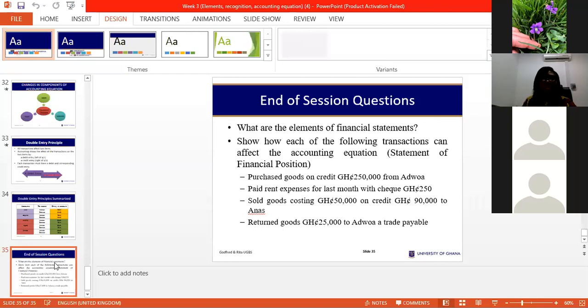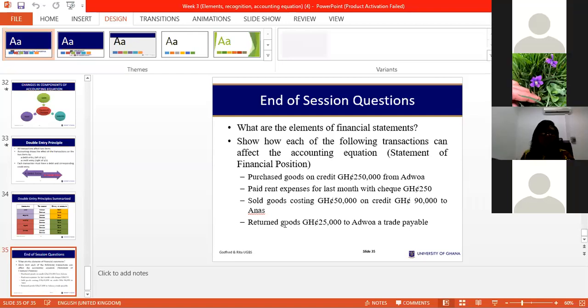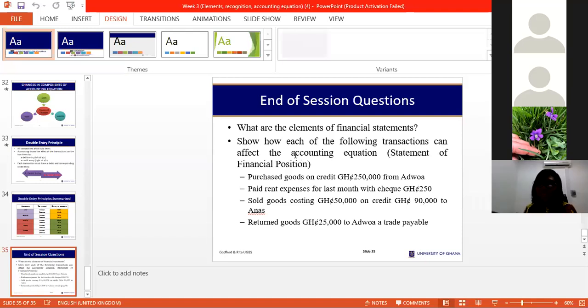Okay, so this brings us to the end of this session. And just as we have done the first transaction, looking at the effect, students kindly go to the rest 3. On Thursday, we would go through it together, go through the trial questions I have also sent on this area. A few students will have to answer it just to give more clarification, and we would move into recording.